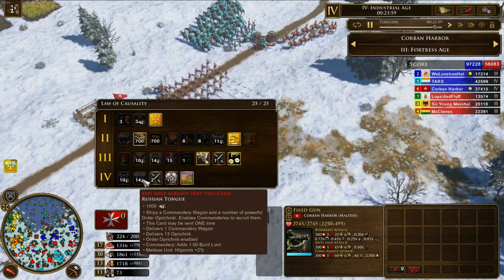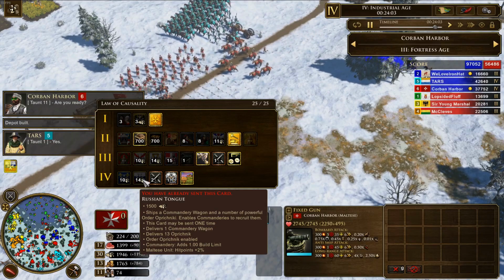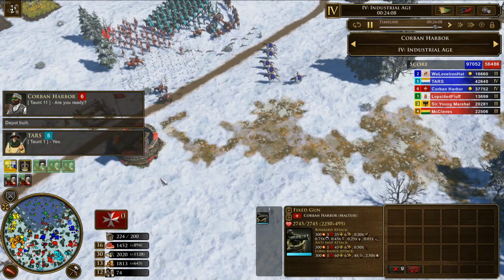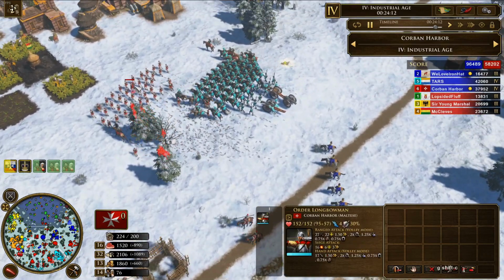If you are in need of yet more heavy cav options, and the Lancers are not getting the job done, the Cuirassier will make sure you don't need anything else. However, if you find Hussars and Lancers satisfactory, as I often do, I instead recommend to you the Russian tongue,